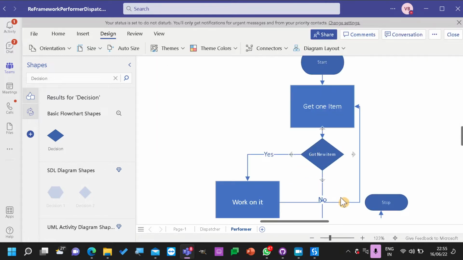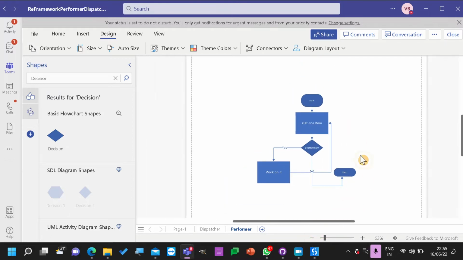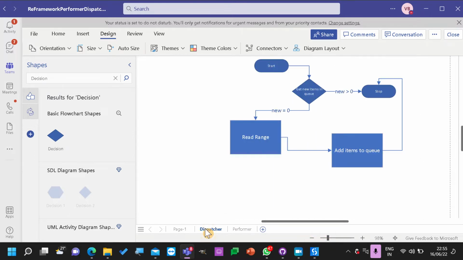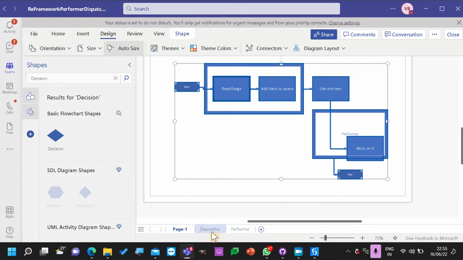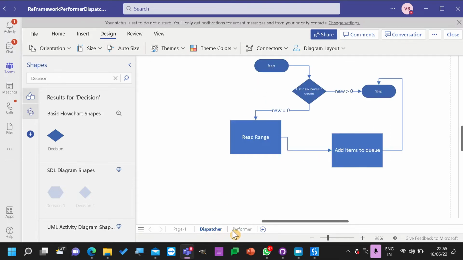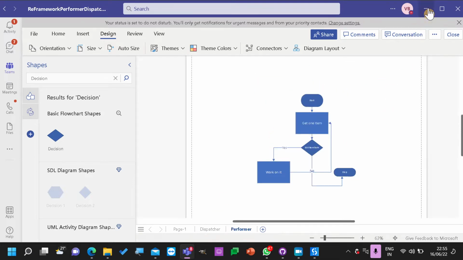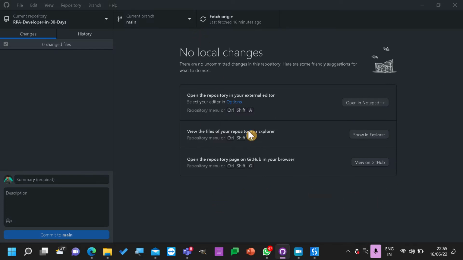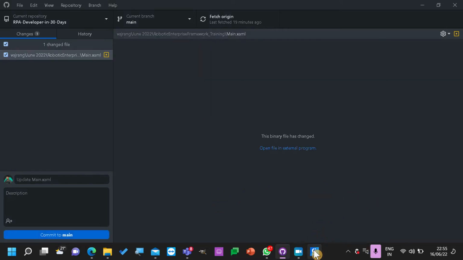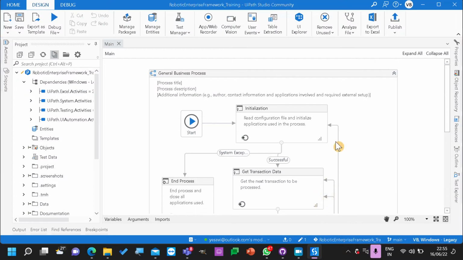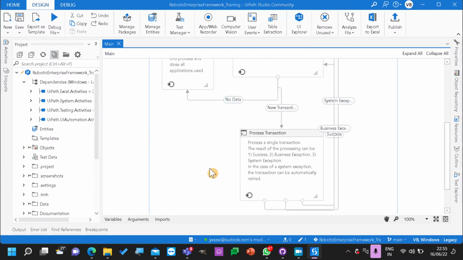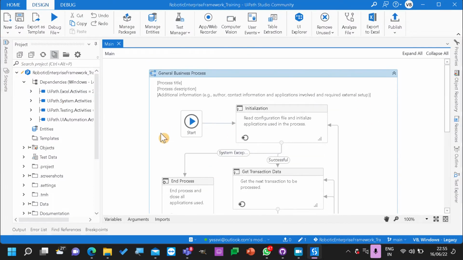Okay, so this is how I'll write the code. So this same diagram, we divided into dispatcher and performer code. Now let's see the same thing. Now here is our process, which contains the complete dispatcher and performer.